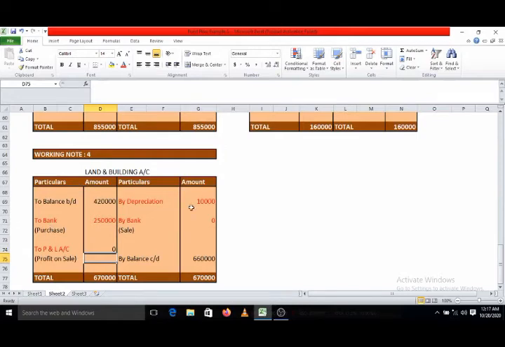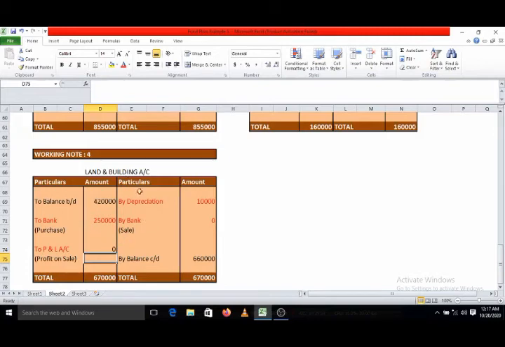Okay. Now here you can ask me why depreciation has been considered, because in the last example we have seen there is no depreciation on land account. But here in this example it is land and building account. Both assets have been clubbed together. So obviously on the part of building depreciation can be charged. On the amount of land there will not be a depreciation, but on the amount of building there should be a depreciation. And that is why practically we never suggest to keep these two accounts together. Land account should always be kept separately and building account should always be kept separately.